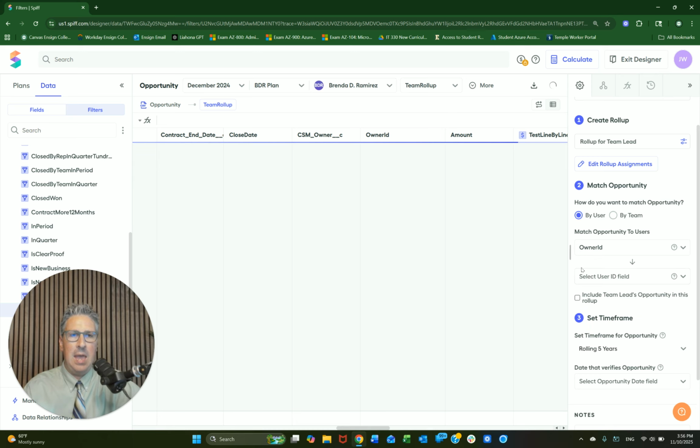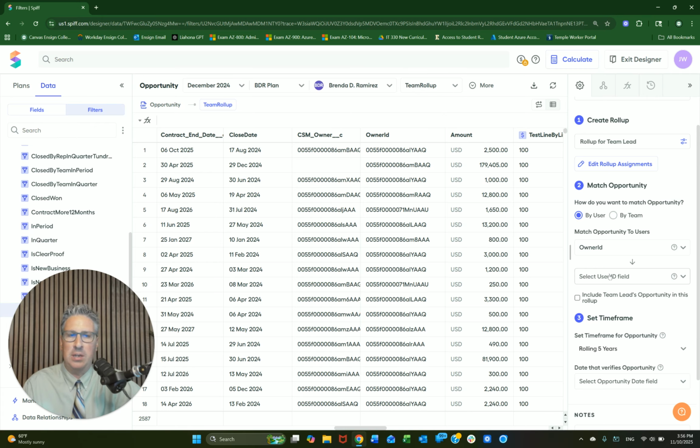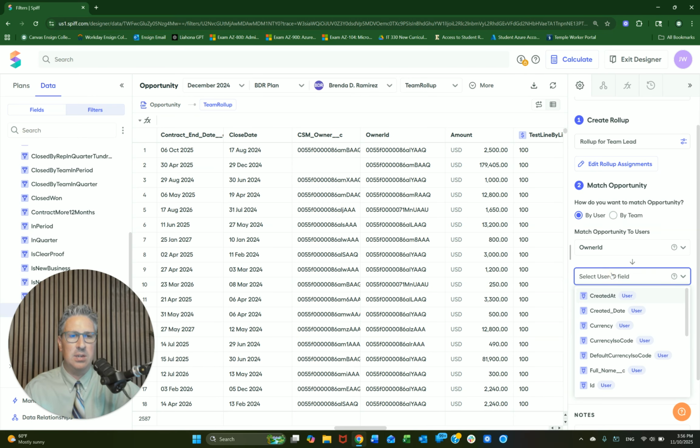And I want to connect that to their rep ID, just like we did in previous data filters. But this time, it's going straight to the user table. So we don't have to specify the rep.id like we did in the previous data filters. You can just say, okay, I'm looking in my user fields. It gives me a lot of different user fields that I can connect it to. And the ID of the user field is pulling the unique identifier from the user table as you're syncing it